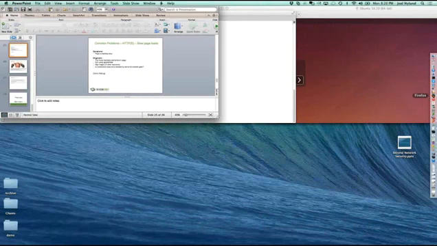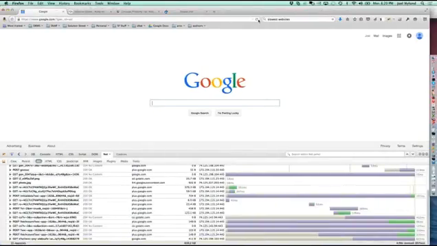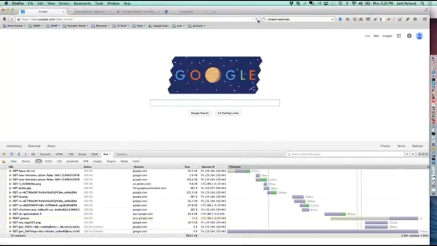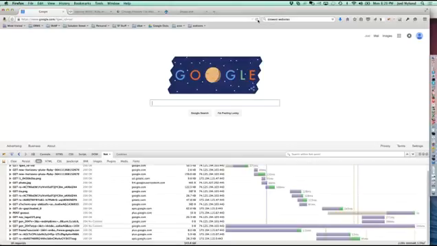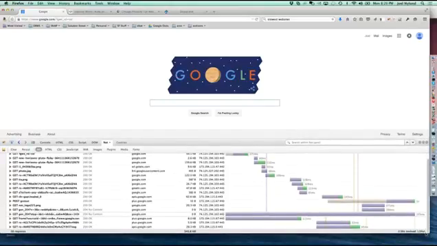So I'll show you a few websites, just to give you a quick look at it. I like Firebug. So Google used to be awesome. This used to be 2 network calls, one for the Google image and one for the entire rest of the page. Now it's, you can't see the bottom, 18 requests, 545K. Still pretty fast, still pretty good. But even Google's kind of gotten way crazy.